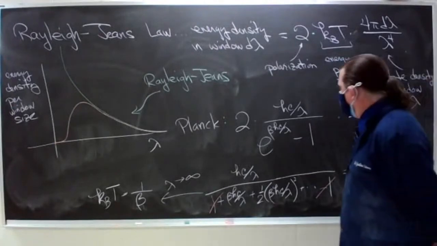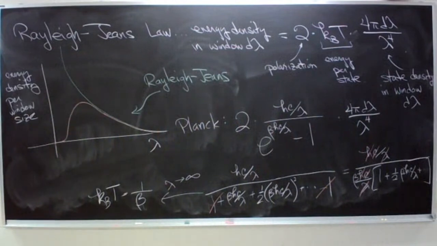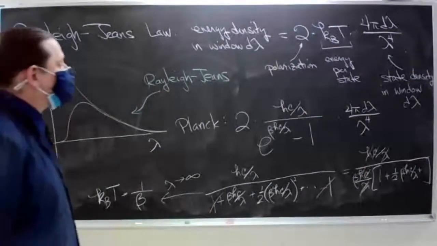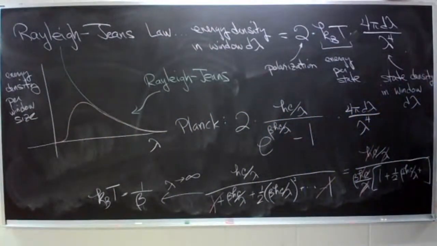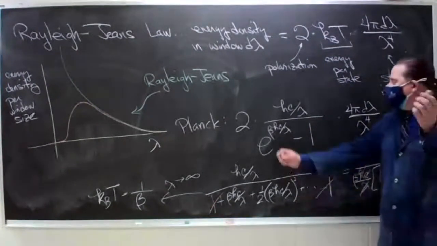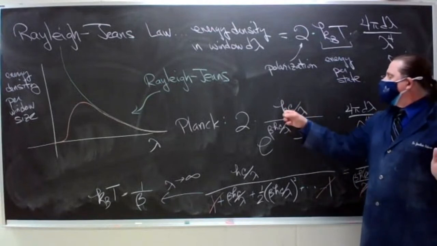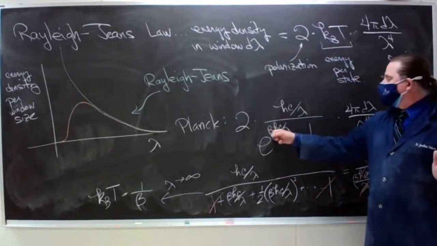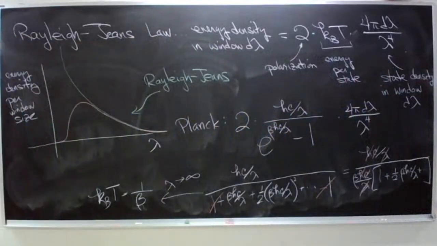Now, I've introduced all these symbols, h and c. What do they represent? The c is the speed of light in a vacuum. Okay? Standard symbol for that. c is the speed of light. Okay? This h was an unknown constant to be fit to experiment.